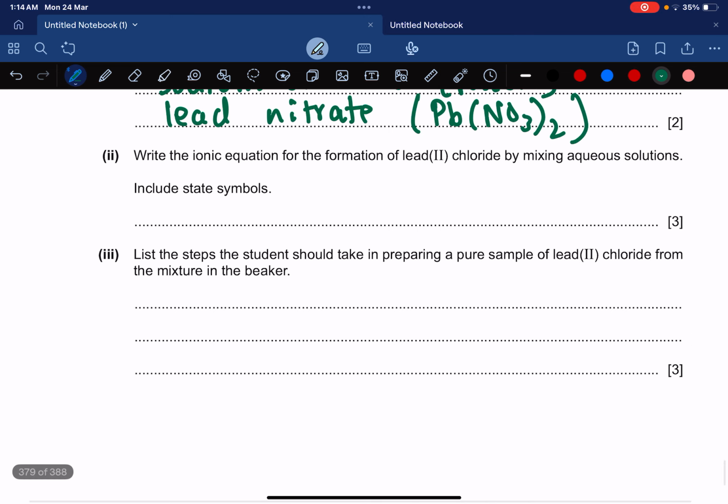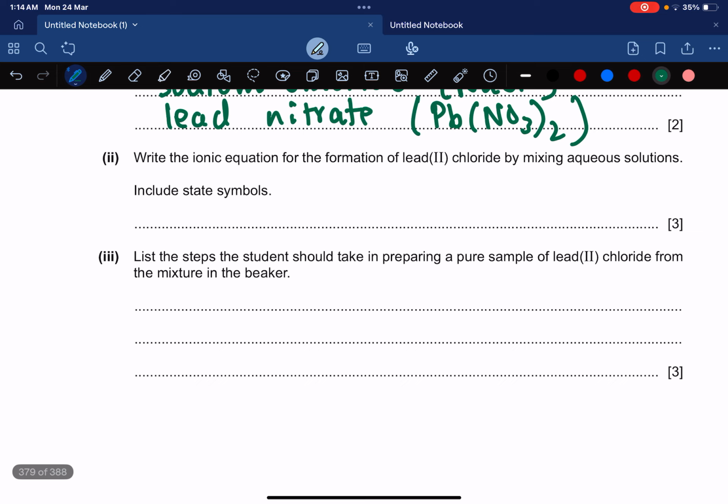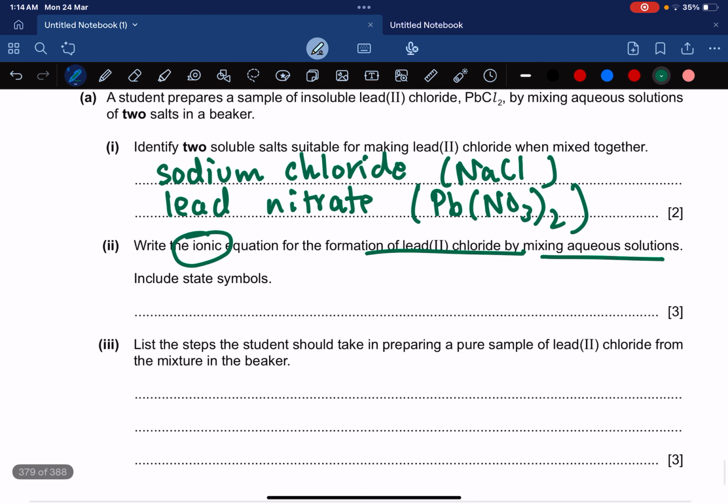Okay, done with it. Write the ionic equation for the formation of lead 2 chloride by mixing aqueous solutions. Asha, the ionic equation is simple. In an ionic equation you don't have to write everything, you just have to write the ions. They're going to be the lead, include the state symbols. That's important. Asha, for an ionic equation, you don't have to write the complete sodium chloride, you don't have to write